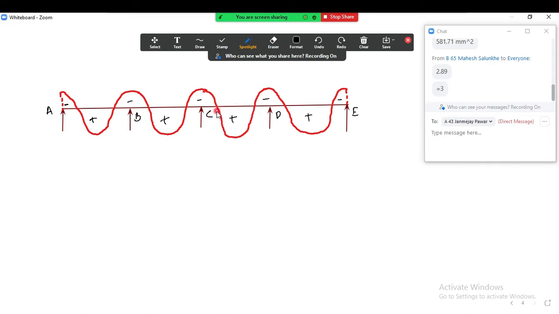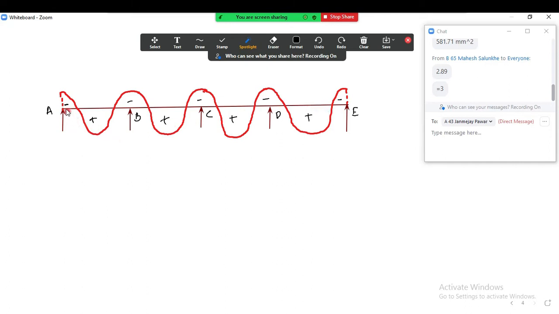Sometimes they will not give you the interior support. Sometimes your continuous beam is a 3 span continuous beam. Now here your beam is a 4 span continuous beam. So AB is the first span, BC is the second span, CD is the third span, and DE is the fourth span. If a 4 span continuous beam is there, then only you get the interior support, that is point C. If it is a 3 span continuous beam, suppose this E support is not there, and the beam is from A to D. Imagine this. Then what will be the situation?